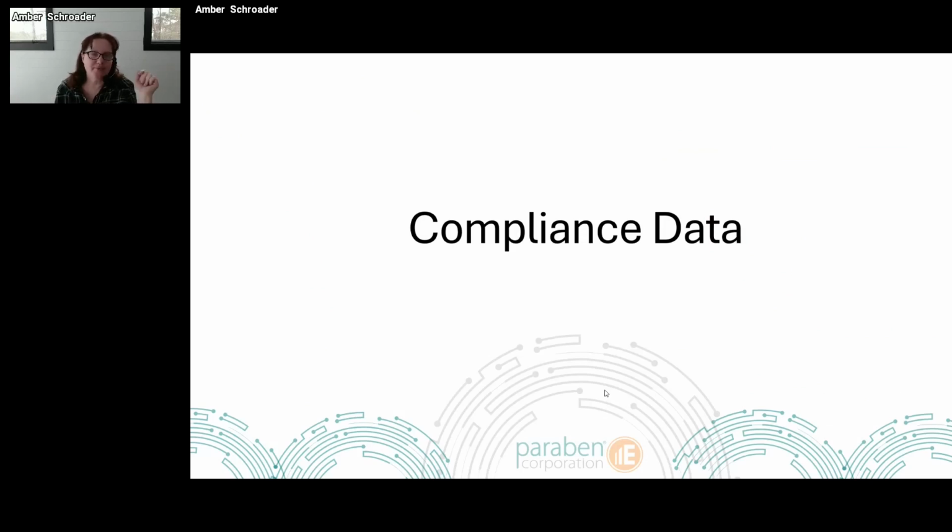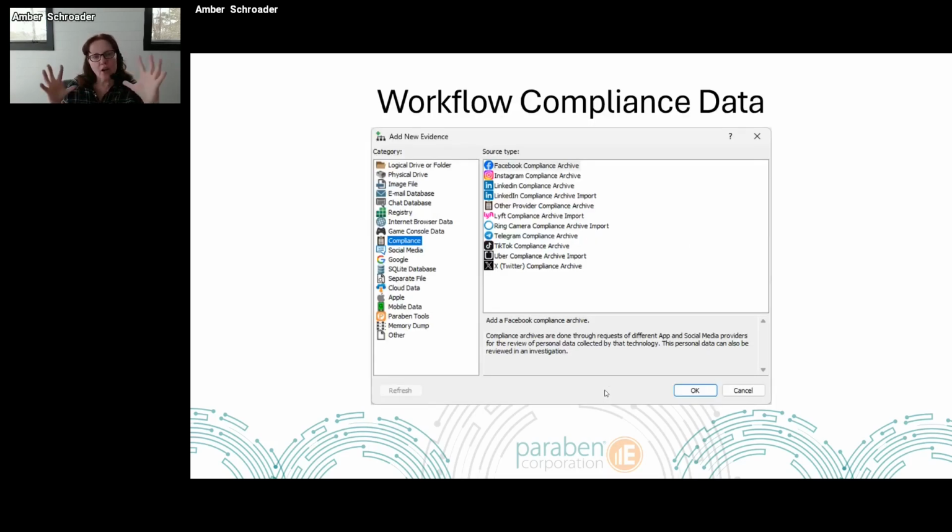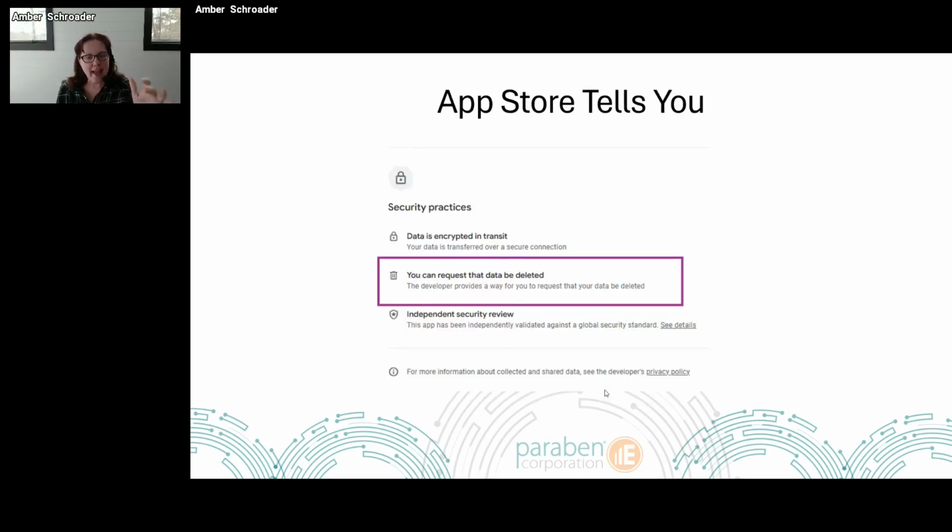It was like I had a segue. So here, let's look at their compliance data. This is my third favorite data source, besides obviously working with the device itself or getting access into the cloud. The compliance data might actually be my favorite data source because it represents a holistic representation of everything my suspect has done. So if I get access to this, I'm a happy camper. Again, our compliance data, we would add that as an additional piece of evidence, so we're not going to acquire that from our other sources. This does require consent in order for you to collect this information. Once I have that information, I can then bring it into my tool.